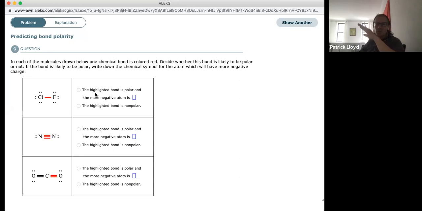So we call them polar or polar covalent. Nitrogen is not polar covalent, it is just purely a covalent bond, equal sharing of the electrons, no charges on the atoms, okay? Now, in general, it's a little tricky, but in general, what you do is you say if